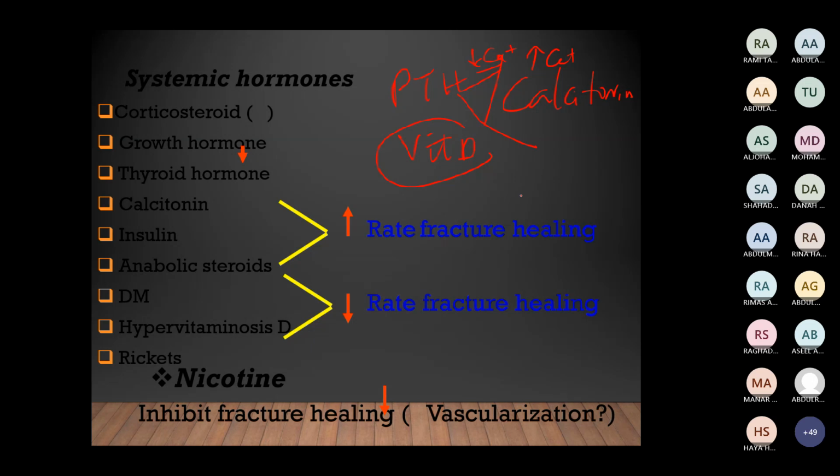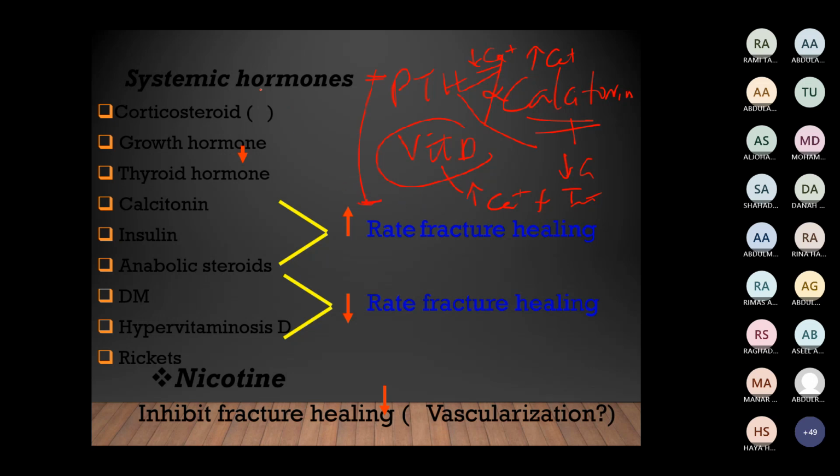What is calcitonin? Calcitonin is secreted by the parafollicular cells in the thyroid gland, and it will decrease the bone resorption. When there is an increase in calcium, it will cause a decrease in the calcium, because if calcitonin is not there, the increased calcium will go on increasing. So it is opposite to the PTH. Now what is vitamin D doing over here? It will cause an increase in absorption of calcium from the intestine. Now these are 3 things which are very helpful in bone